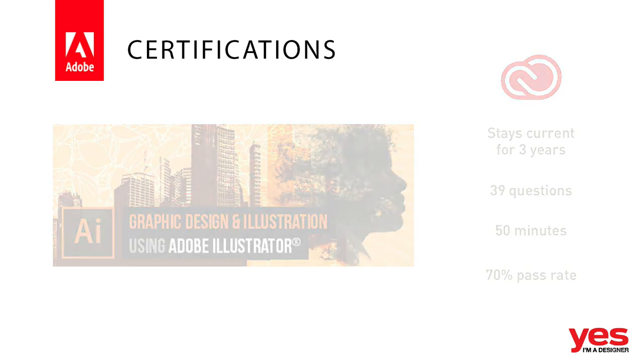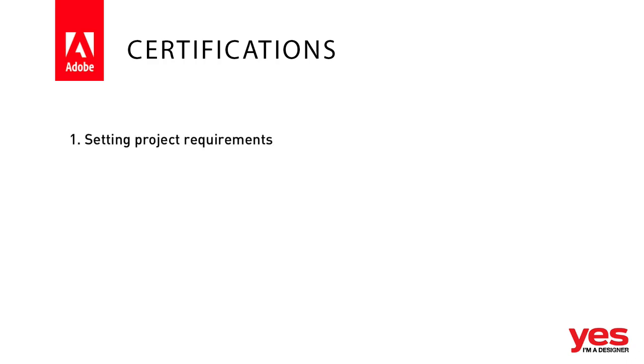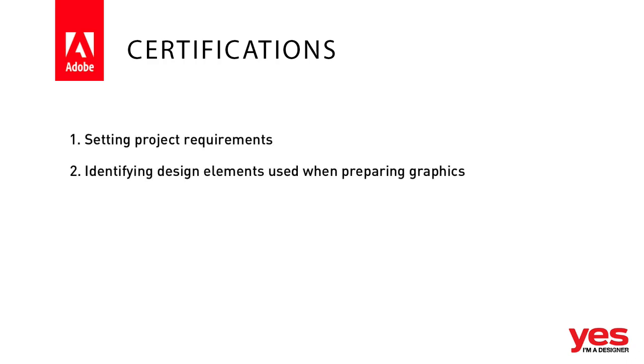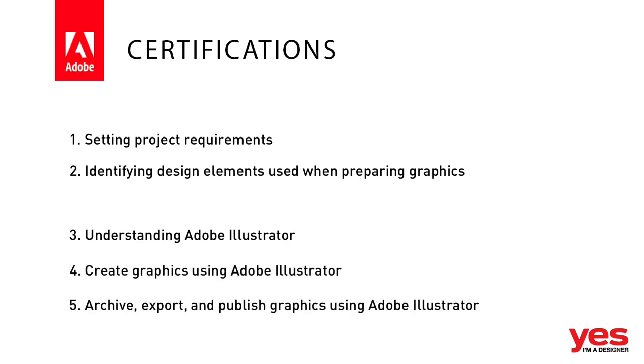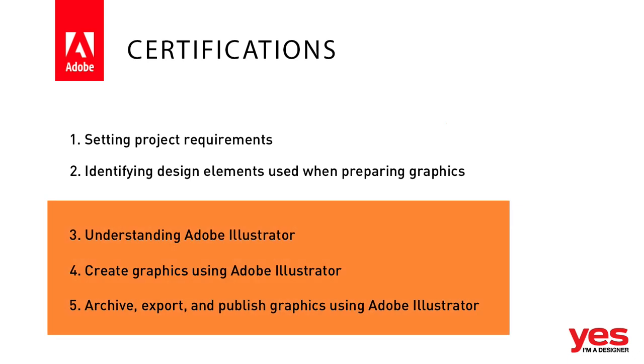The 5 main areas tested in the exam are setting project requirements, identifying design elements used when preparing graphics, understanding Adobe Illustrator, create graphics using Adobe Illustrator, and archive, export, and publish graphics using Adobe Illustrator. Topics 3, 4, and 5 are the technical side of the exam. This part is tested by performance-based questions, simulating Illustrator in a browser. So it's essentially requiring you to complete a task or perform a function, and it will really feel like you